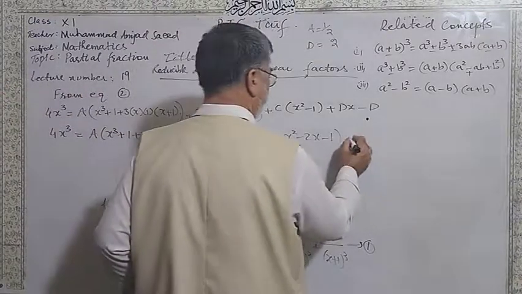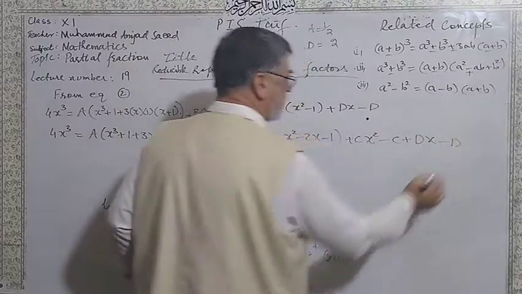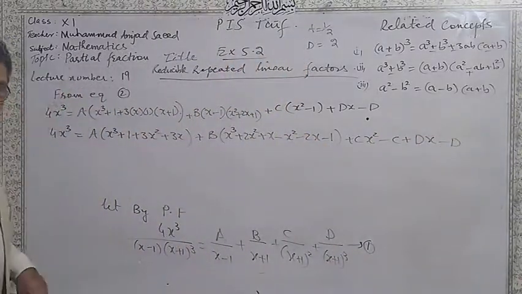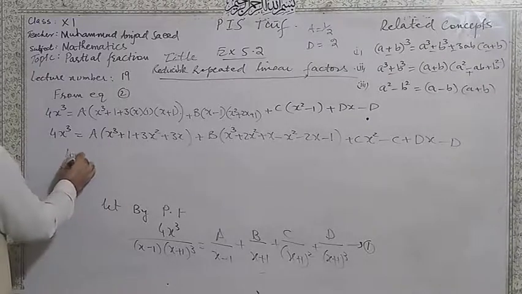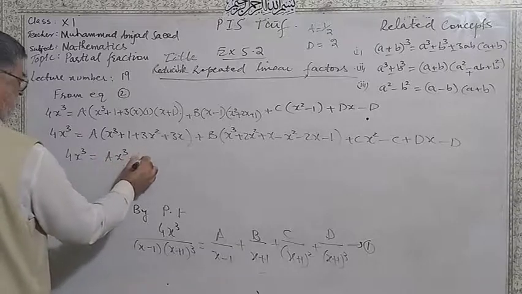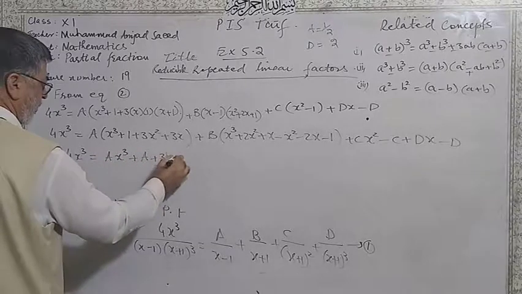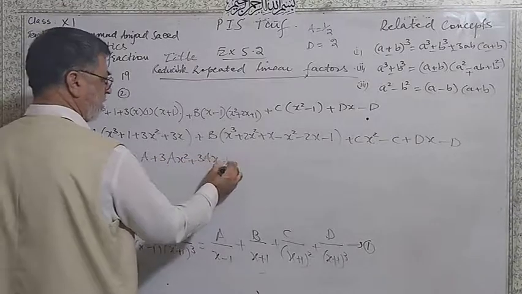Plus cx square minus c plus dx minus d. And here is 4x cubed is equal to ax cubed plus a plus 3ax square plus 3ax